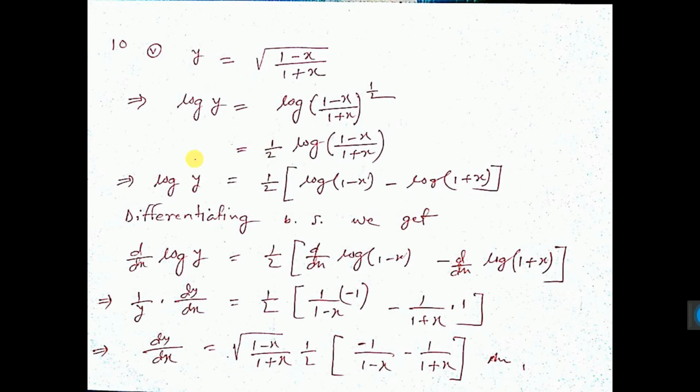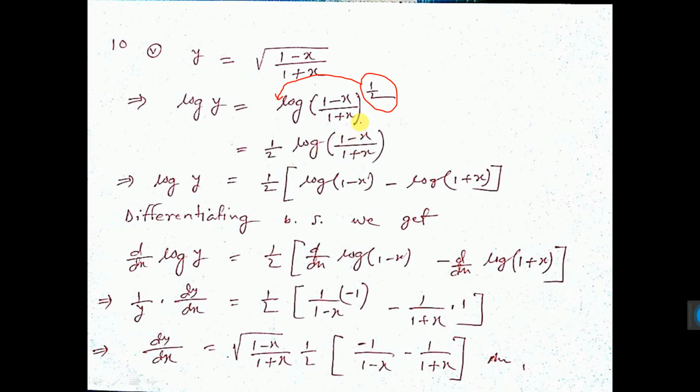Next 10, 5, I am doing y equal to this. So this can be written as to the power half. Root means to the power half. Now both sides I have taken logarithm. So log y equal to log of this. Now you know log means head, if something is there, that will come down. That will jump and come in front. So this half jumps and comes to this place.